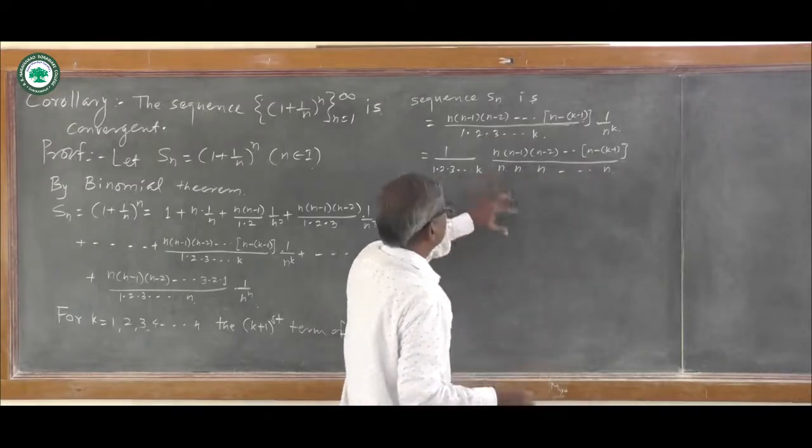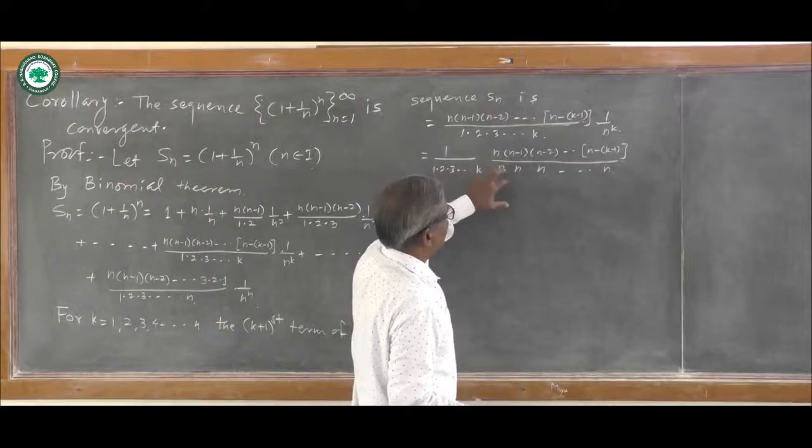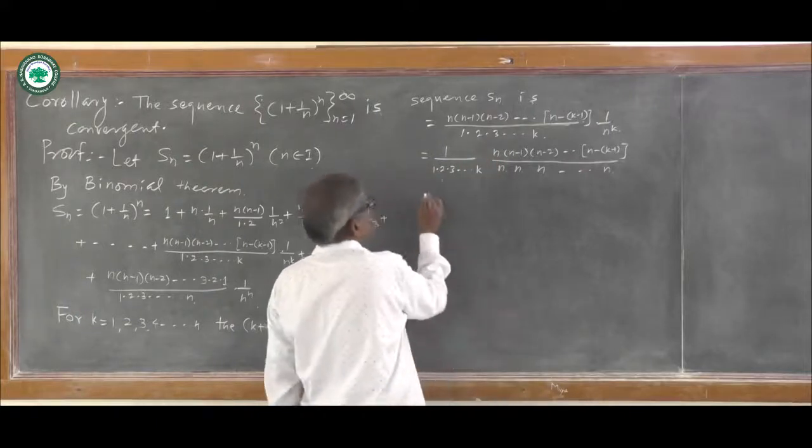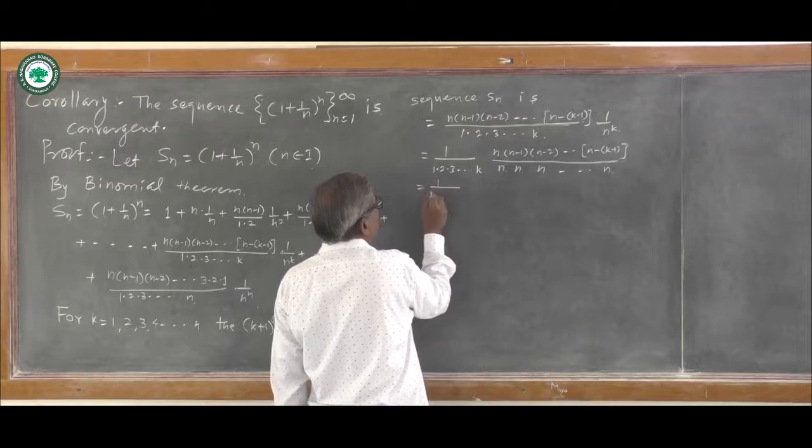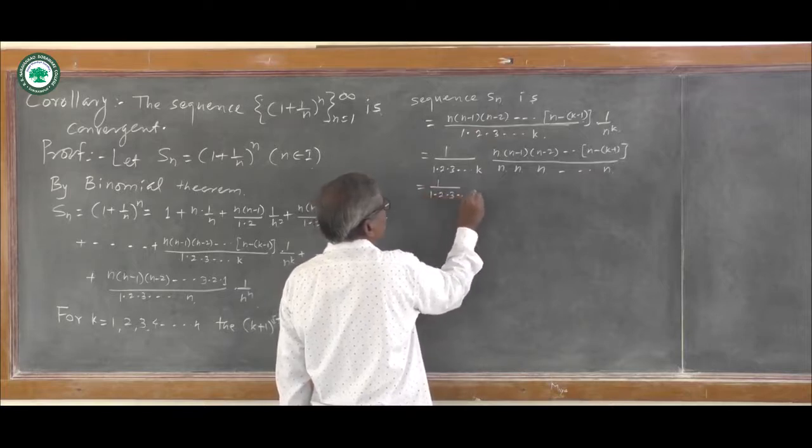We divide the numerator by this n and we write 1 upon 1 into 2 into 3 and so on up to k